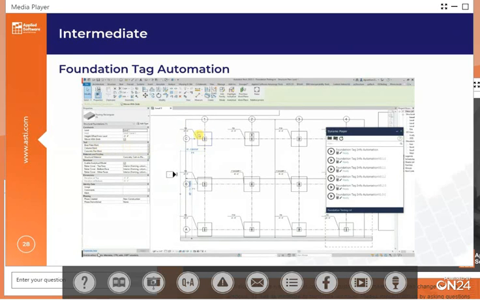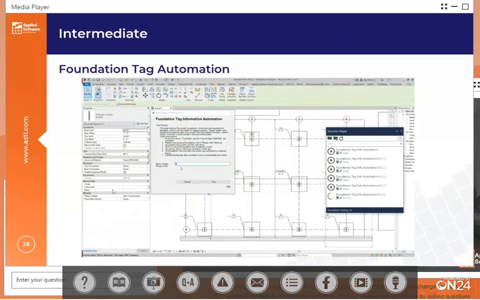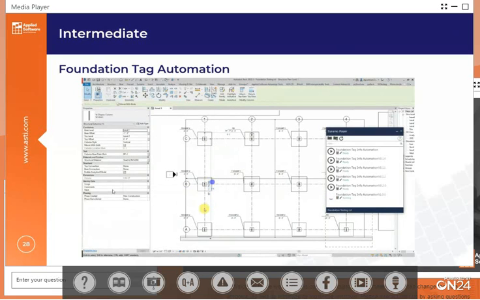So I'm just showing you that information. That information is put in as text into that column to be read by the tag. So I'm going to run that script, and I'm using Dynamo Player here because we just need to run it. We don't need to have the full one. This is the explanation of what it's going to do. You hit it, and within a couple seconds, all those columns